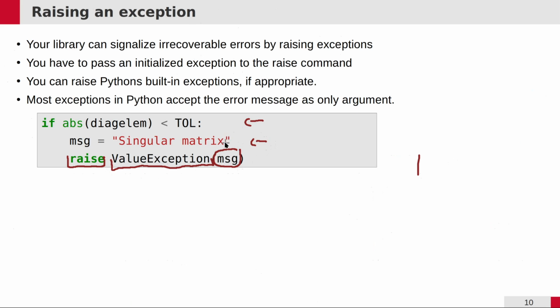In this case the message is "singular matrix". If I raise this exception, program execution will be stopped here, the code execution will leave the function I am in, and the exception will start to propagate up, as we have seen before, until a point where it's handled,